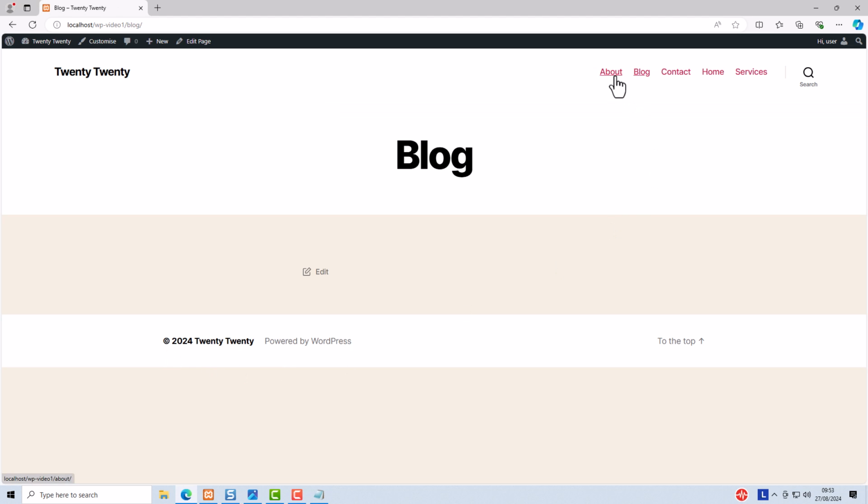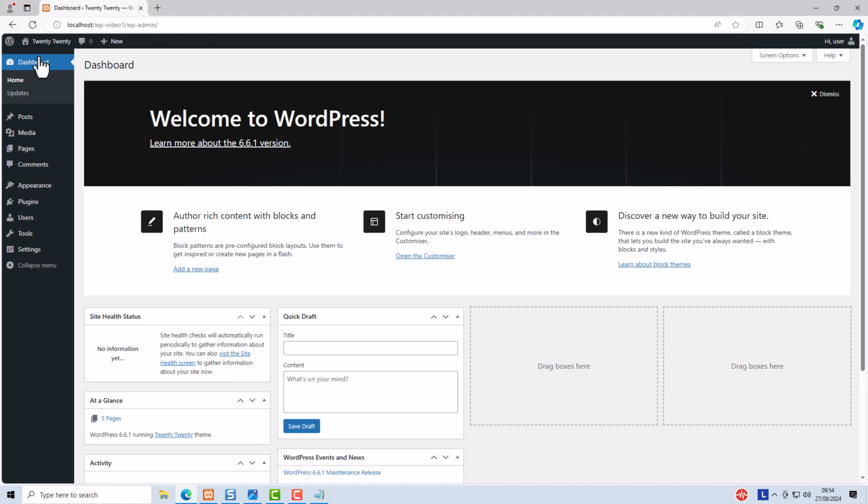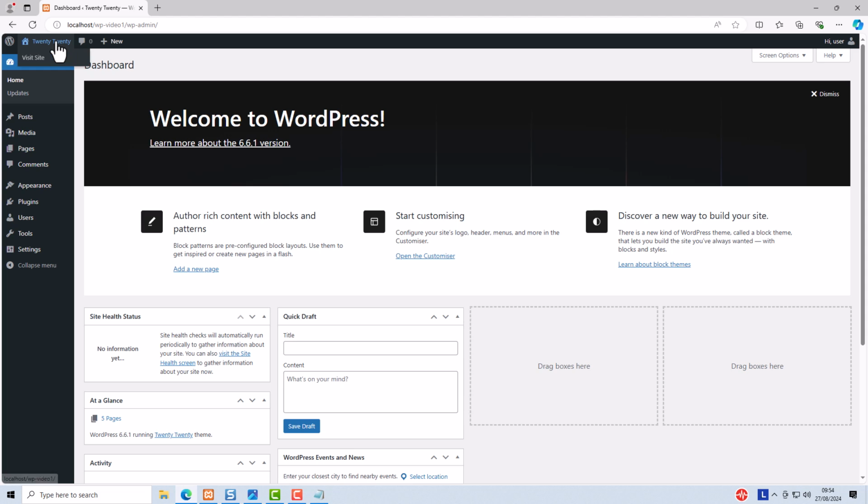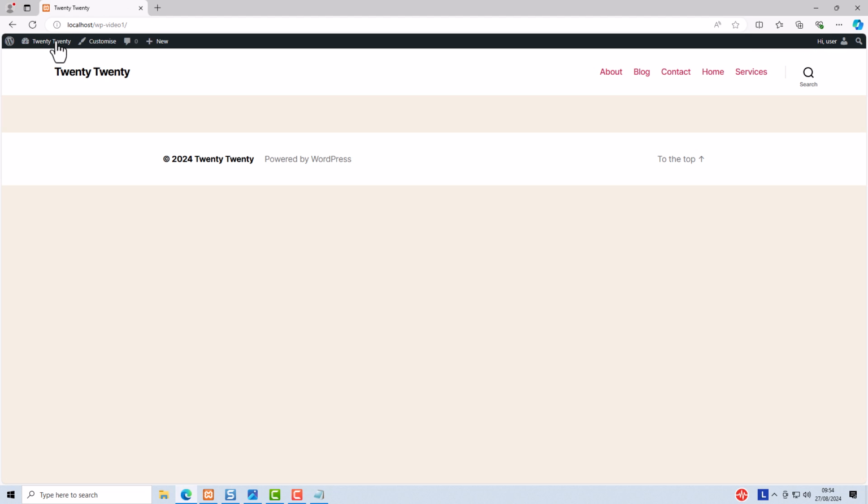Now you see this menu at the top. WordPress has automatically created a menu, but it's not in the order we want it to be. So what I'm going to do is make the menu. So we go to the dashboard. Now you can make menus in the dashboard, going to Appearance, Menus, but it's easier if you do it using the customizer. So if we go back to the front end,